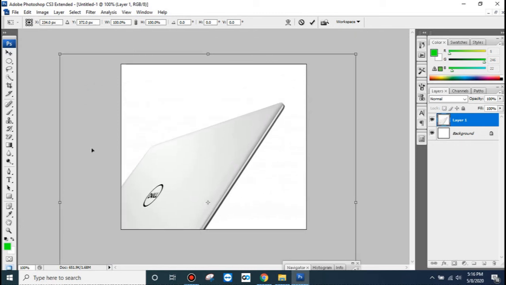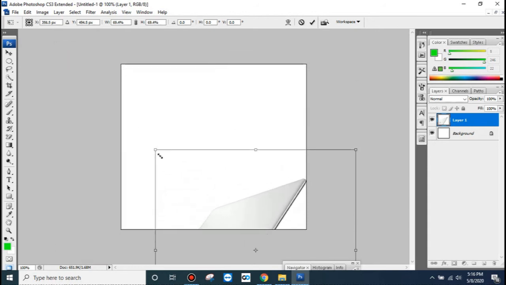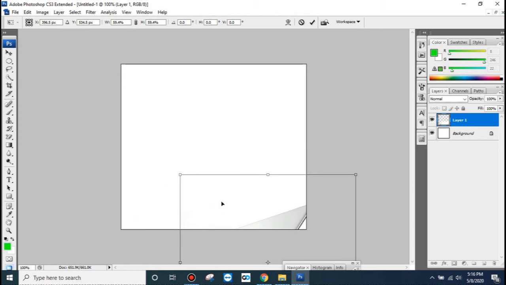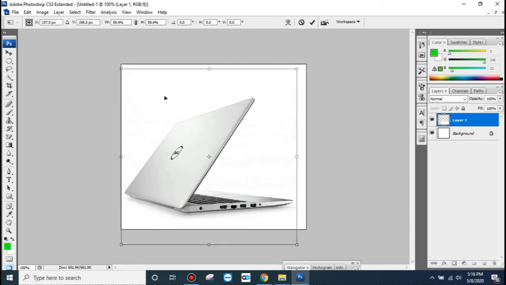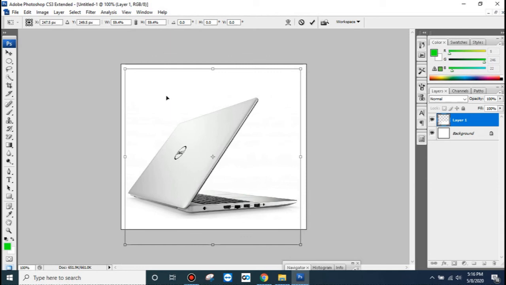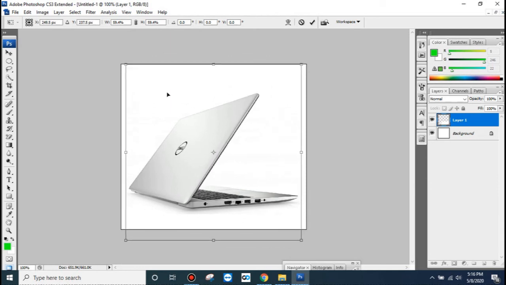Again hold Shift, and at the corner you will get this. Make it small, and make it fit into your own size window. Hit enter on your keyboard.